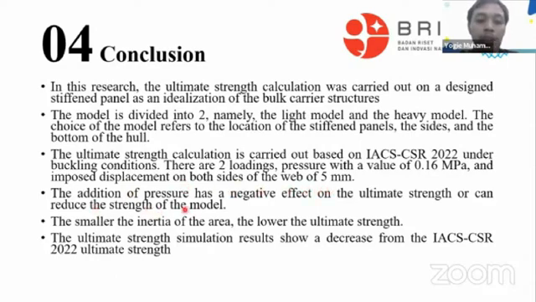The addition of pressure has a negative effect on the ultimate strength, or can reduce the strength of the model. The smaller the inertia of area, the lower the ultimate strength. And then the ultimate strength simulation result saw a decrease from the